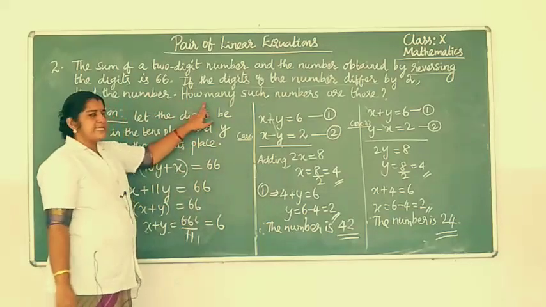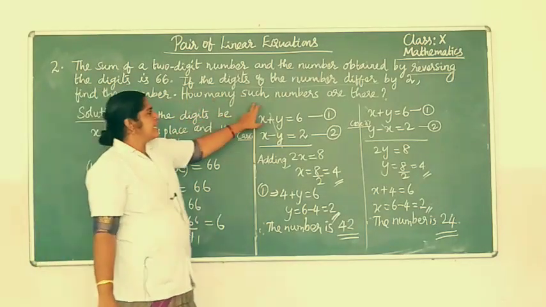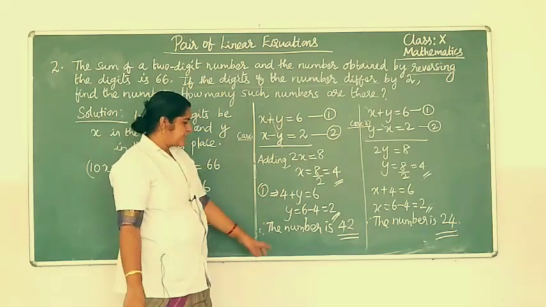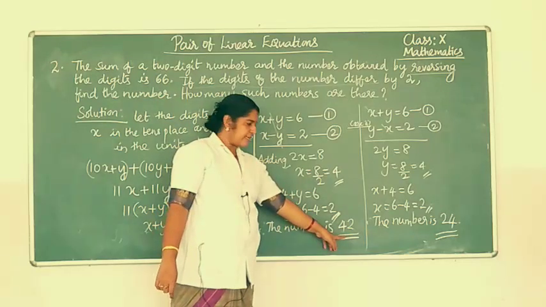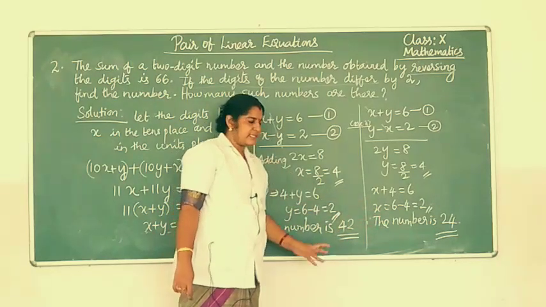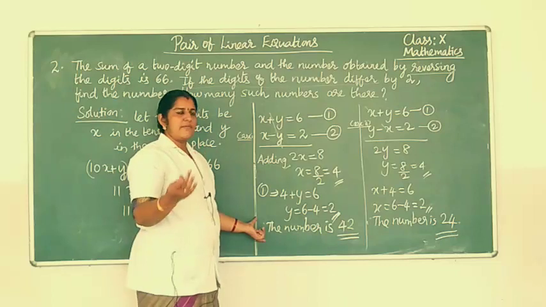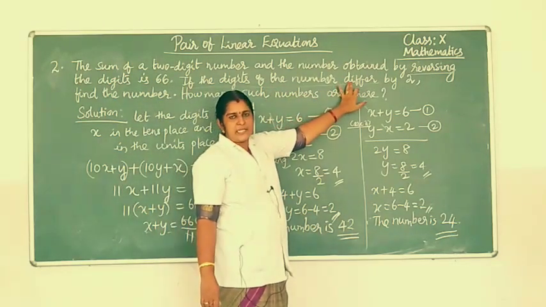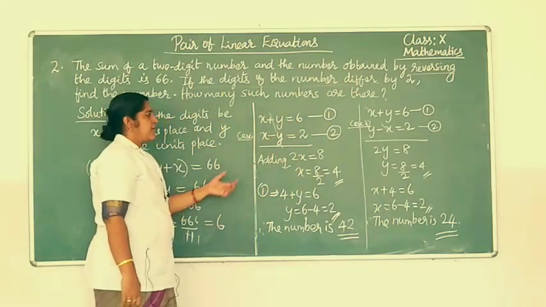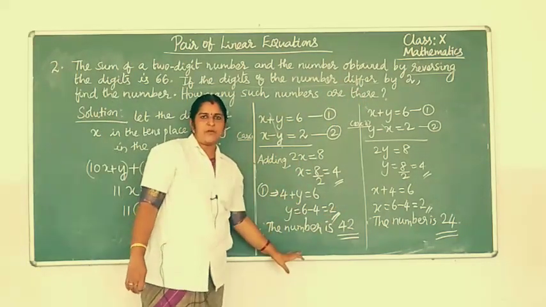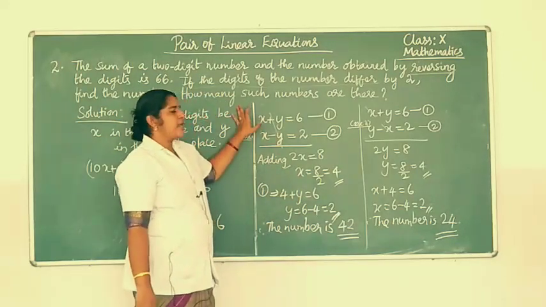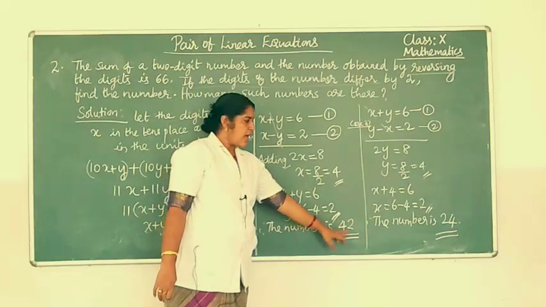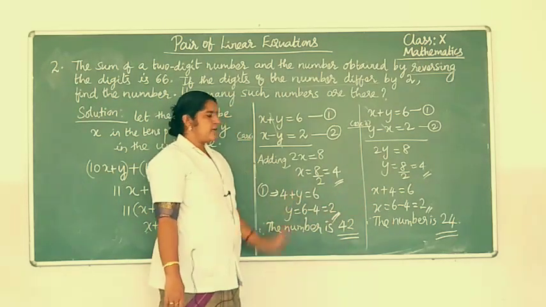Now you see what is the second part of the question. How many such numbers are there? So here you can find out two different numbers, that is 42 is the first case and 24 is the second case. Here why we are getting these two different answers? Because in our question the difference is discussed. So the difference between the two numbers, we will get two different types of numbers. So the answer is, there are two such numbers. They are 42 and 24. So that is the solution.